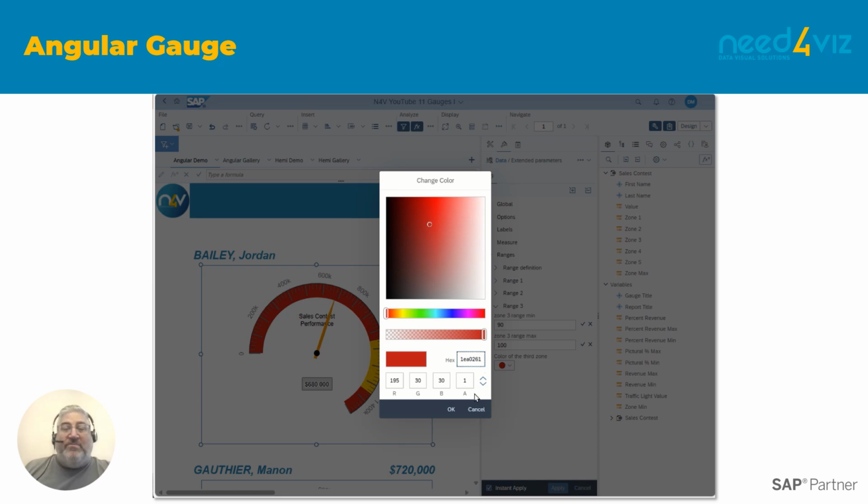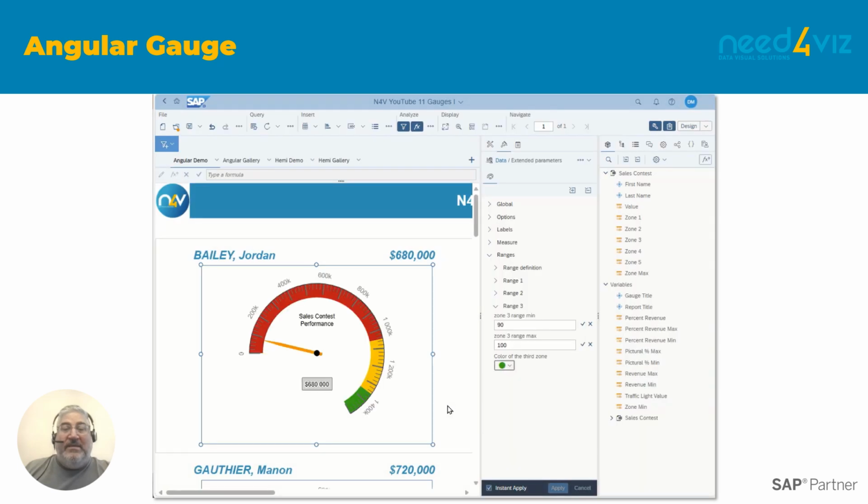Notice that I've also removed the white space from in between the 3 ranges. Okay, that looks pretty good.